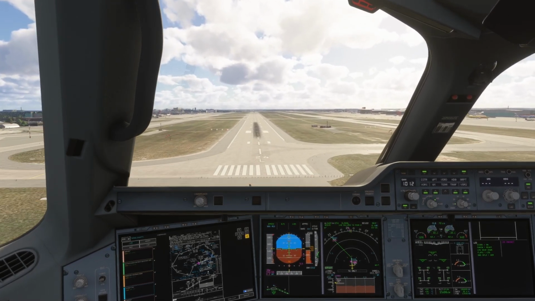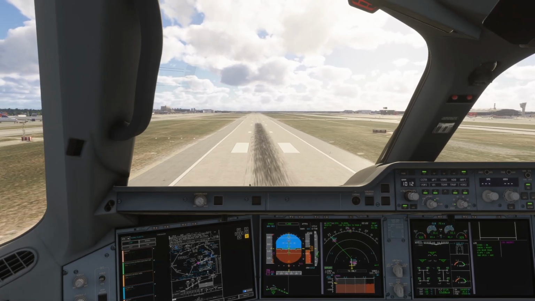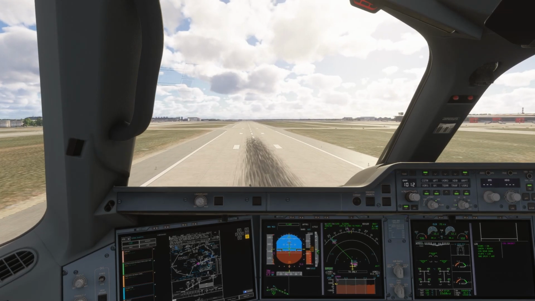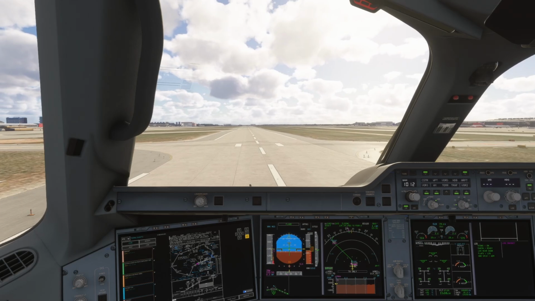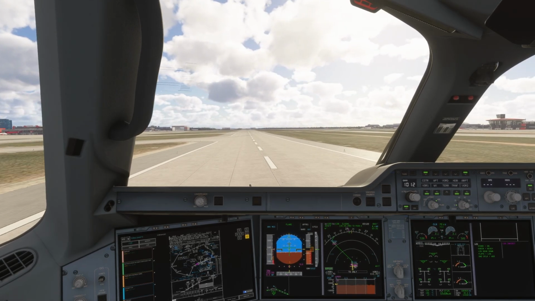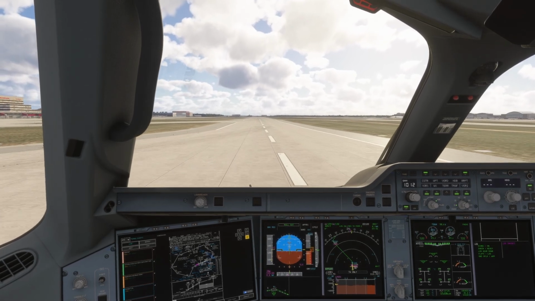100, 90, 80, 70, 60, 50, 40, 30, 20, retard, 10, 5. Oh, it's floating. That was so smooth.